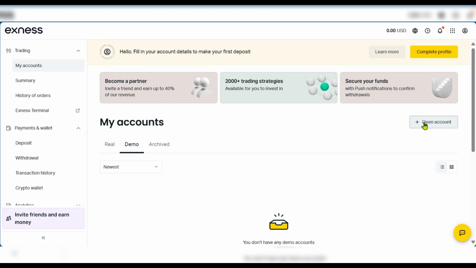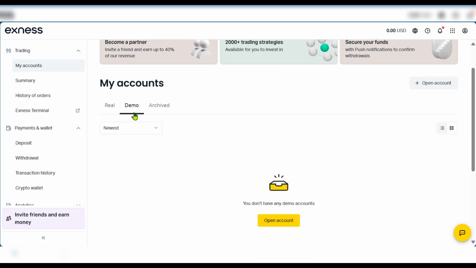What's up everyone, in this tutorial we'll be guiding you on how to change currency in Exness. So you want to make sure you're on your Exness and logged on, and here you can see my accounts. If you're not here, you can look on the left side panel and click on my accounts. You can see that we're on the demo, but basically if you're on real or demo,